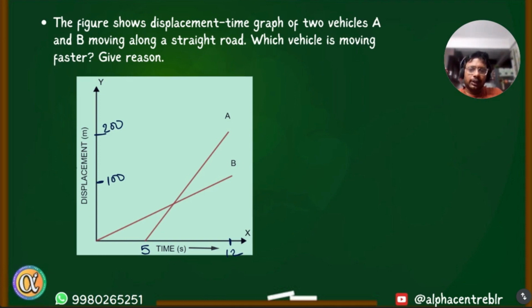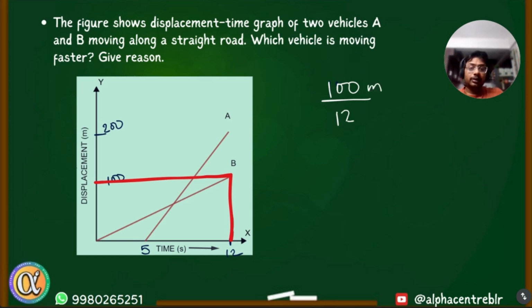Okay, so can you tell me for B what is the total displacement from 0 to 12 seconds? In 0 to 12 seconds, 100. The displacement is 100, right? In how much time? 12 seconds. 100 meter in 12 seconds. This is B. While for A, it is traveling